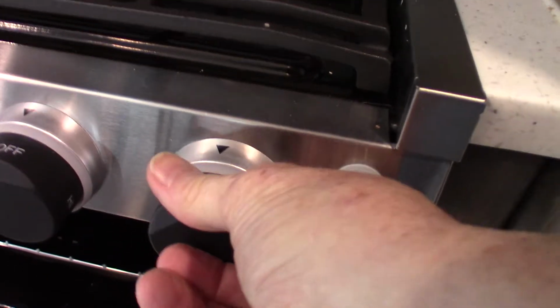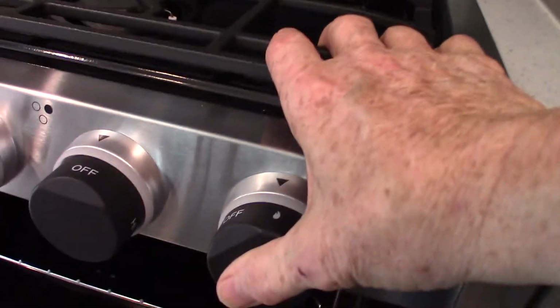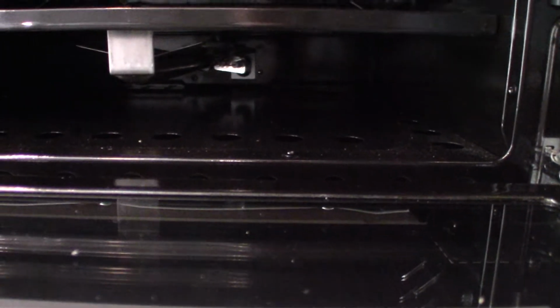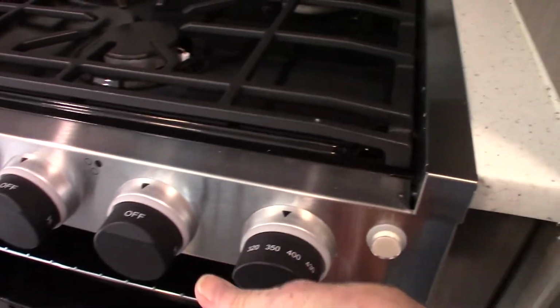But what you do is you come up here to the knob, you go to the picture of the flame, which means pilot light. You depress it and hold it in through the whole process. Then you're going to spark it by turning this clockwise until the pilot light down here lights. After it lights, you still hold this in for another 10 seconds or so, then you'll go to your operating